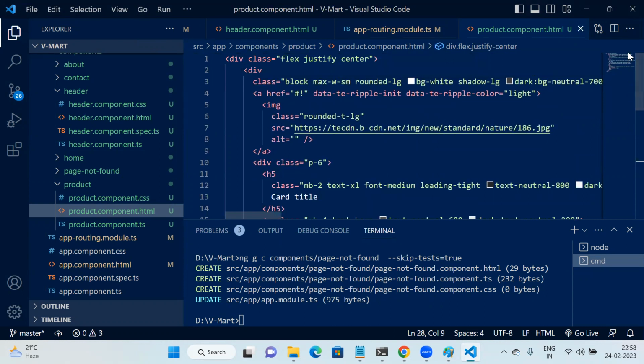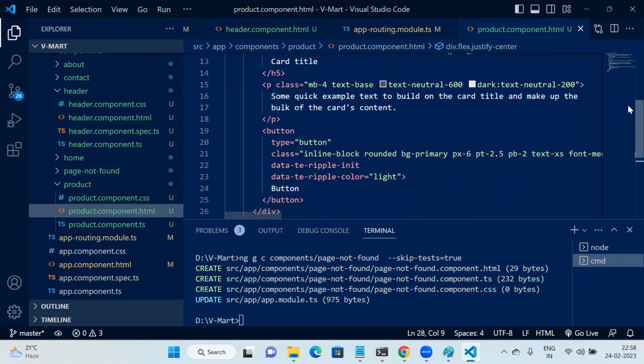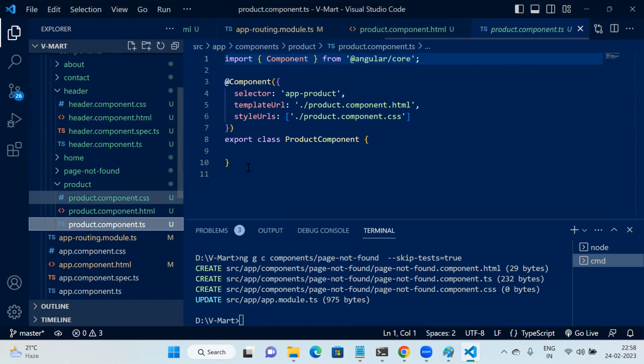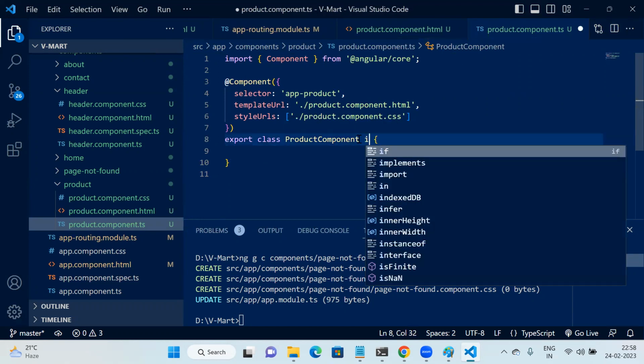Save over here. And we have some of this basic data. Now let's go to the TS file and we'll create an array of objects over here. So for that, let's go. Currently you can see it is, we go and implement